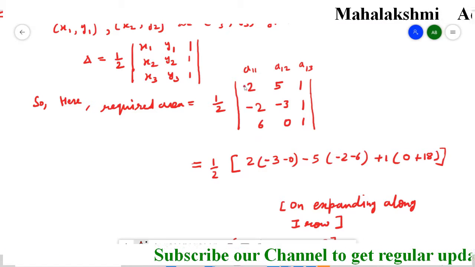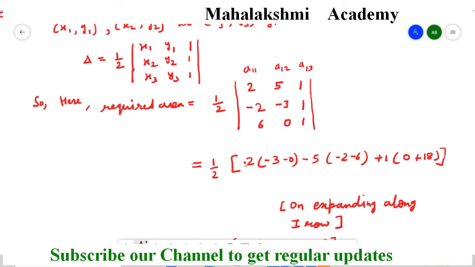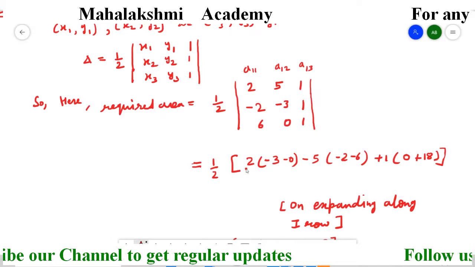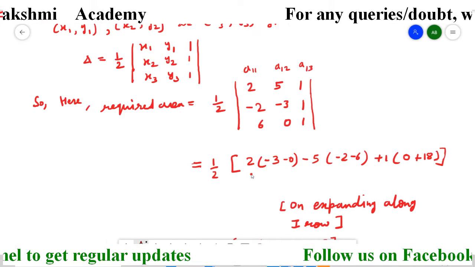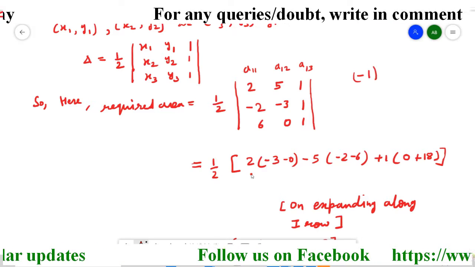So when we open it, first we'll write down here 2. Since 1 1 is there, so minus 1 to the power 1 plus 1. Actually, when we open the determinant, I hope it's clear to you that we have to write down the cofactors, and in cofactors we have to take care of the sign of plus and minus. First we have to identify it like this, minus 1 to the power.